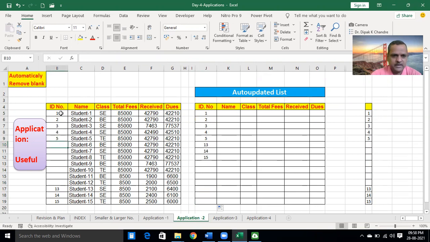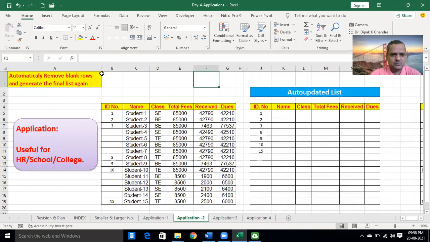See here, if we write all the numbers, this number is filled. Suppose we delete this one, the list is updated. If we delete this one, the list is updated. What is the application of this? Suppose in a college, school, or some employee database, some employees leave the company, some admissions are cancelled or transferred, so the roll call list will change continuously.